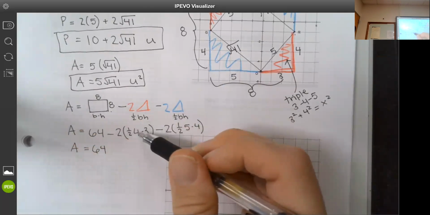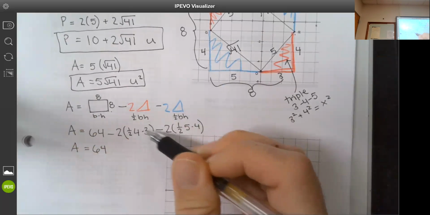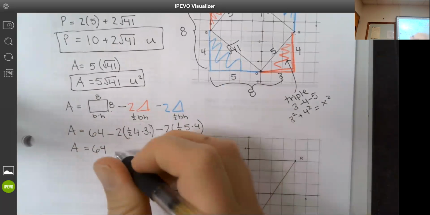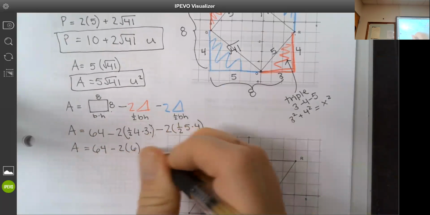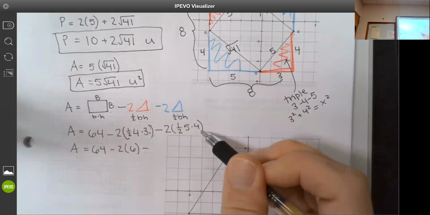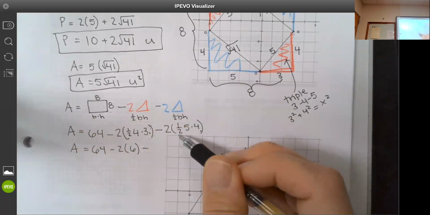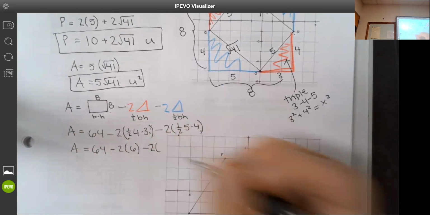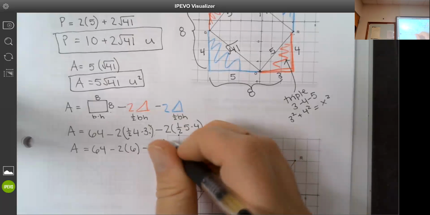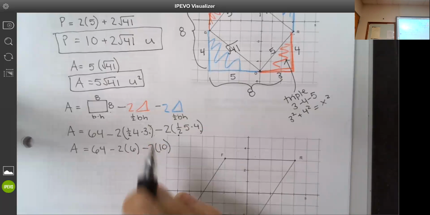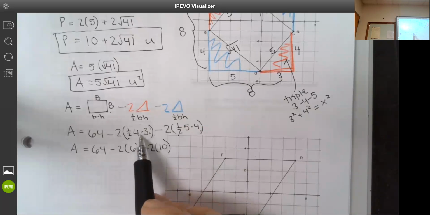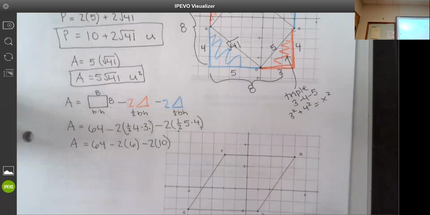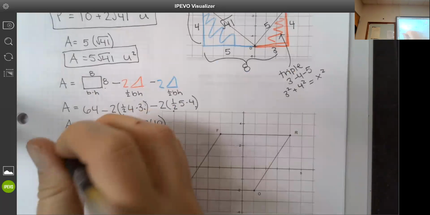And so what I like to do is clean this up before I rewrite this. So you can either do 4 times 3, which is 12, and then take half of that, but all of this together is going to be 6. 5 times 4 is 20. Half of 20 is 10. Or I could have done half of 4 is 2 times 3 is 6. Or you can multiply 3 numbers together in any order. So then I get